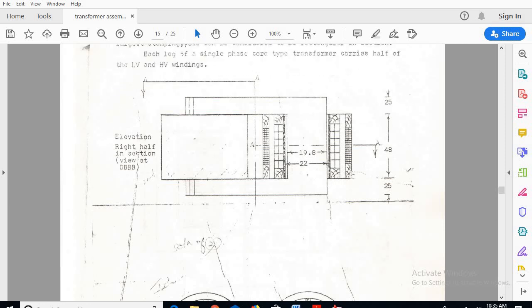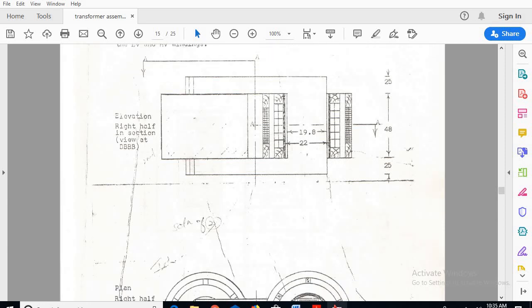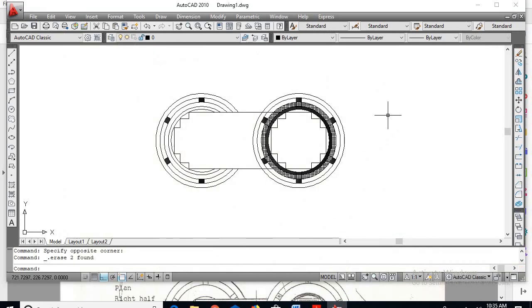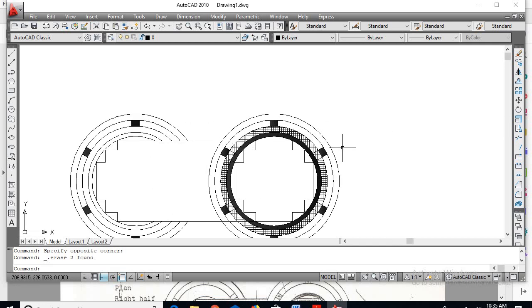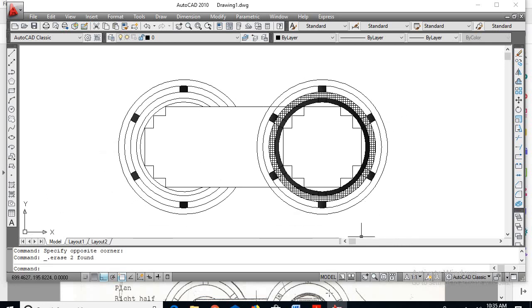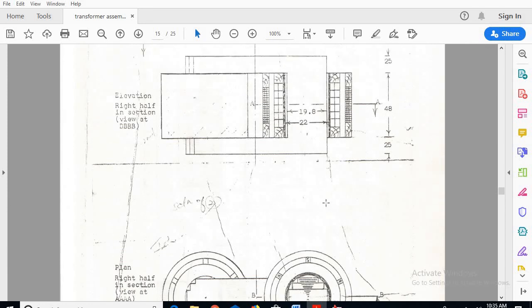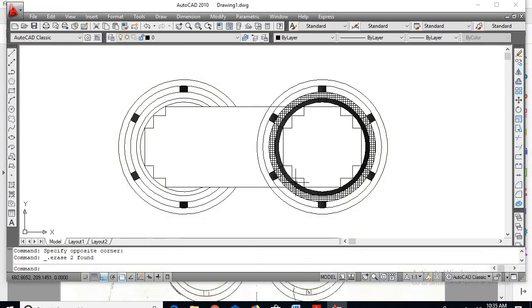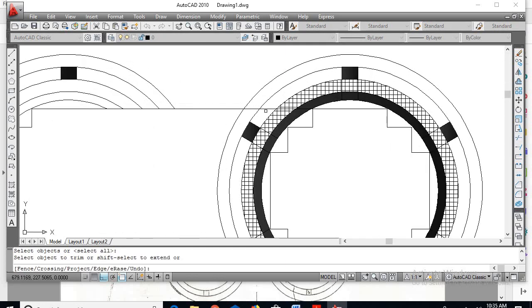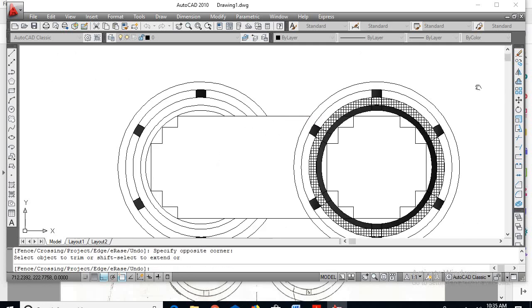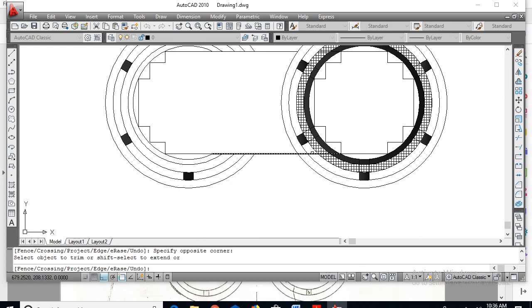So to draw this elevation, okay, just some modification. Trim command, here also trim.